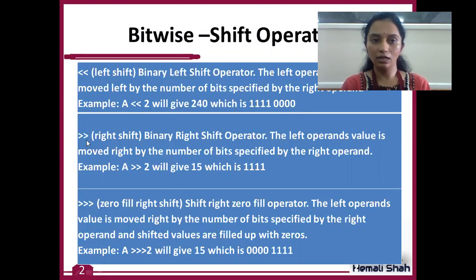Right shift operators, two types of right shift operators are available. First is shift right and fill with the actual MSB bit, and it is called the signed right shift operator. Another is right shift and fill with 0. It shifts the bits right and fills the most significant bit with 0 value. It is also called the unsigned shift operator.